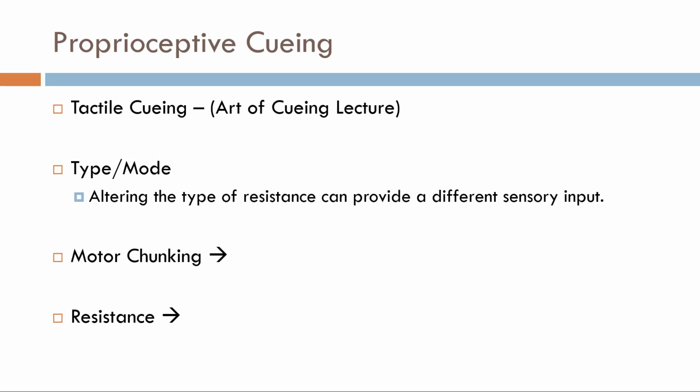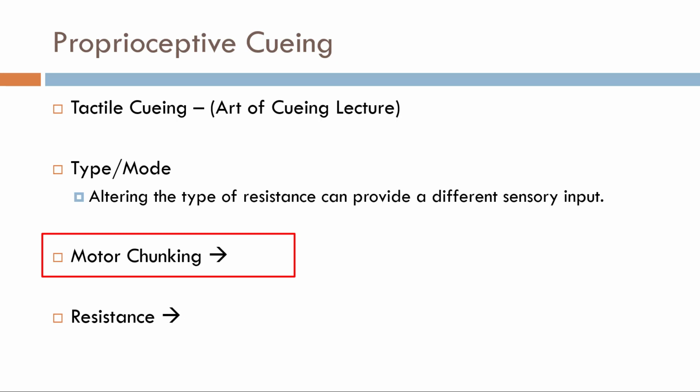stimulus. When we look at the third thing on the list, motor chunking, it's basically taking complex tasks and breaking them down into simpler tasks, or taking simple tasks and trying to break them into the smallest component. So what you're doing is rehearsing certain elements of the move, and then you're